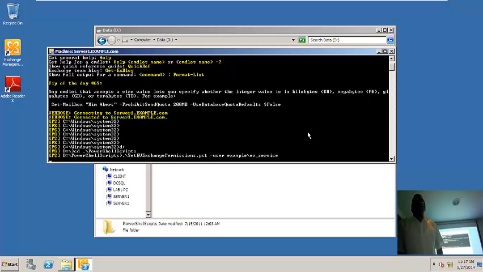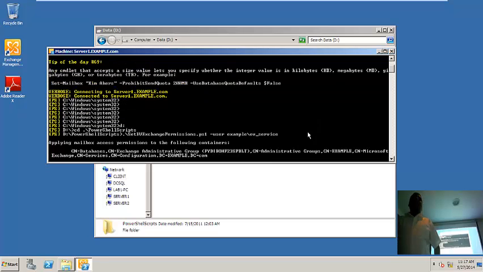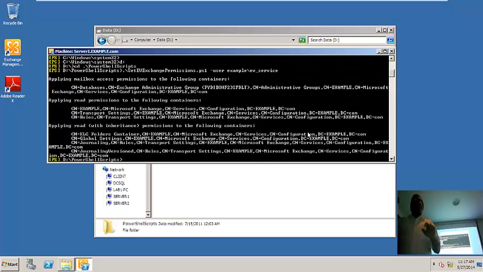Sometimes the user may give you some other login with his account and it will ask you for the username and password. Now we are running from the administrator. It didn't ask me. Okay, if you are running from the administrator, it will not ask you because administrator is by default the schema admin. So remember this thing, this script has to be run with the schema admin.